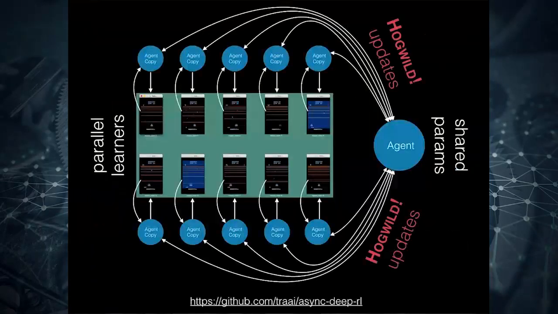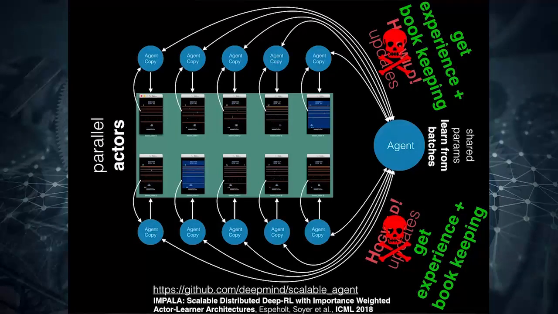Anyway, so how does it do it? So this was the A3C, which had hog-wild updates. We want to get rid of those. And so now individual copies are not learning or computing gradients. They're not communicating gradients. They are just acting and sending experience to a queue. And that queue is being sampled in batch to train an agent. They still each have a copy of the freshest parameters.